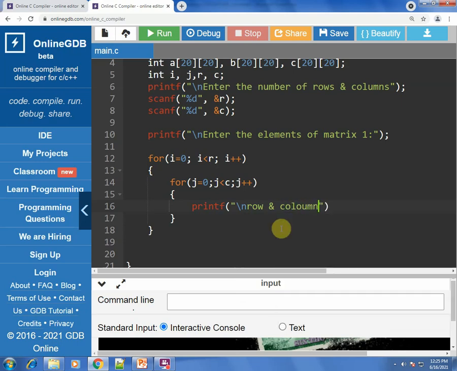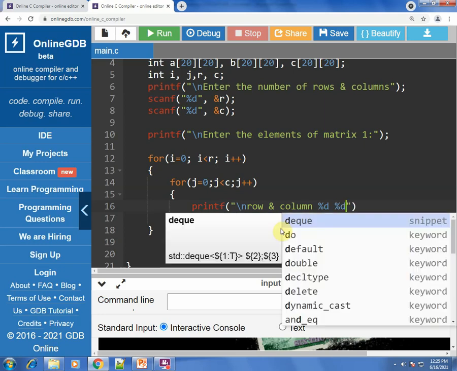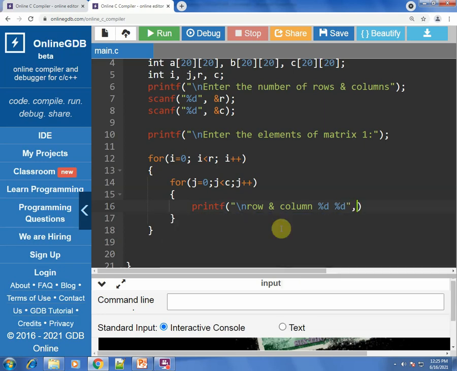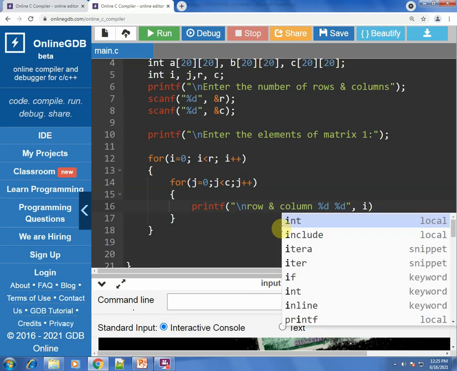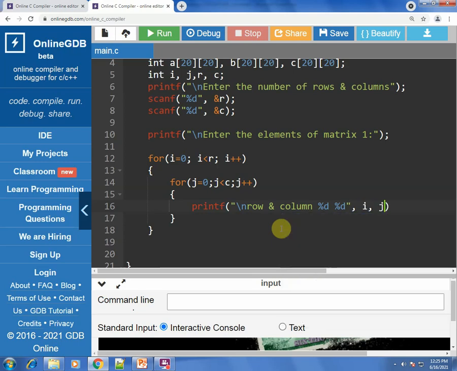This is up to you what you write. This is how I'm writing. I'm just writing the row and column so that the user knows which number to enter. So %d, because it is of the type integer, again %d, comma I, comma J. So this would give an idea for the user to know which element at which position to enter.